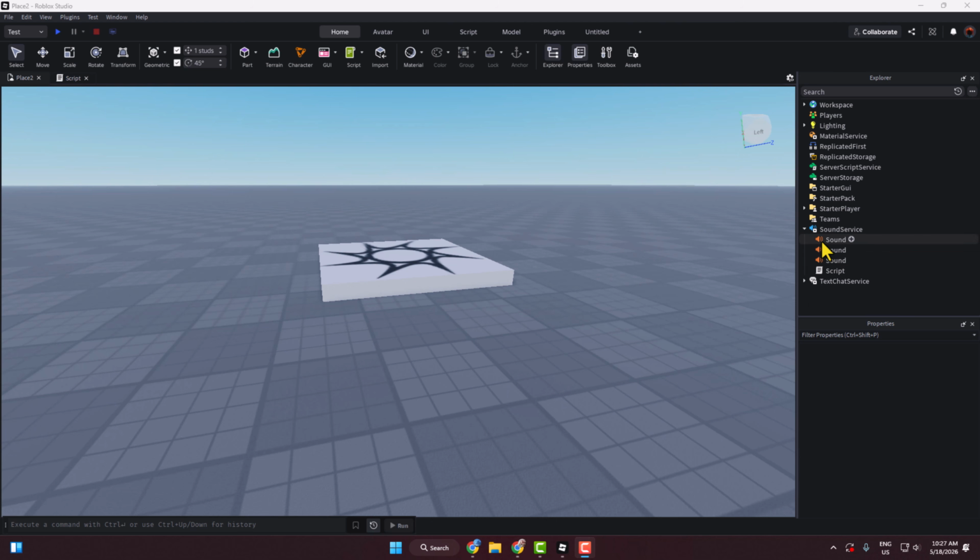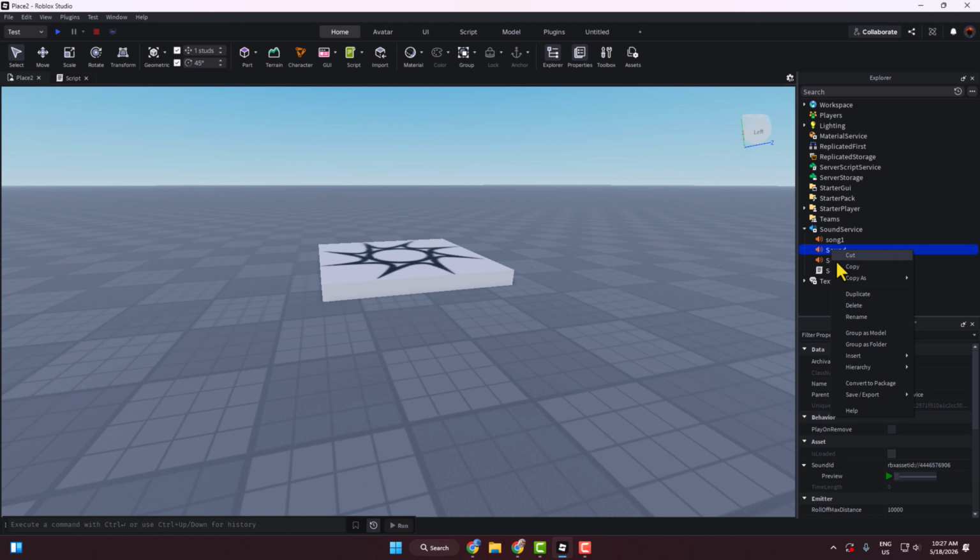And now we have to rename all of these sounds. So right-click on rename. The first song name will be Song 1, hit enter. And the second sound will be Song 2, hit enter. And the third song will be Song 3 and hit enter. That's how. Go ahead and add multiple songs and rename Song 1, Song 2, Song 3, Song 4, Song 5,